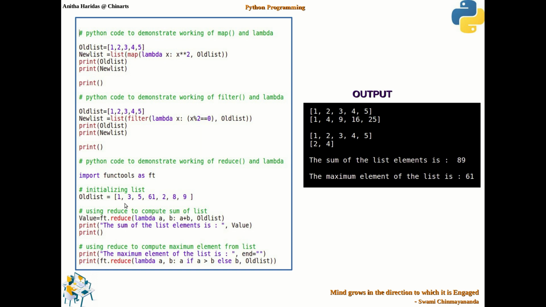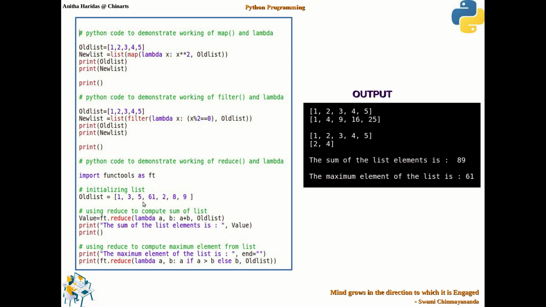So 1 plus 3, 4. So next time again reduce function will be calling this lambda function with 4 and 5 as a comma b. So 4 plus 5, 9 will be returned. Then the third iteration 9 comma 61 will be invoked. So a will be 9, b will be 61.